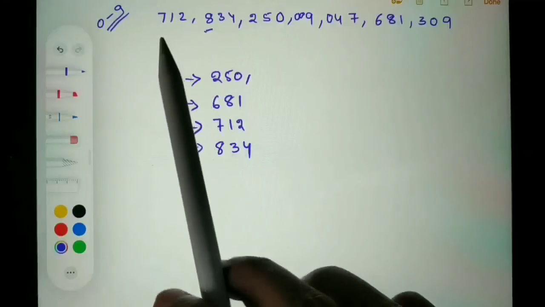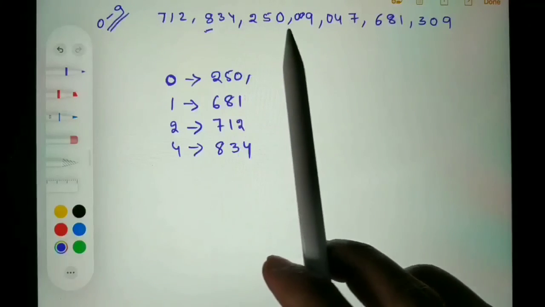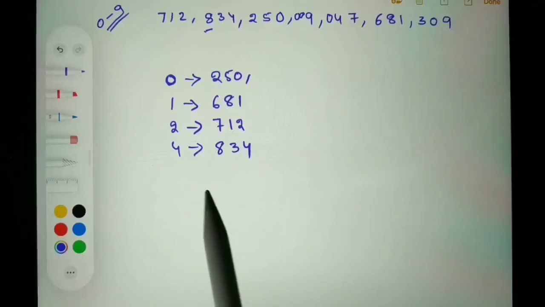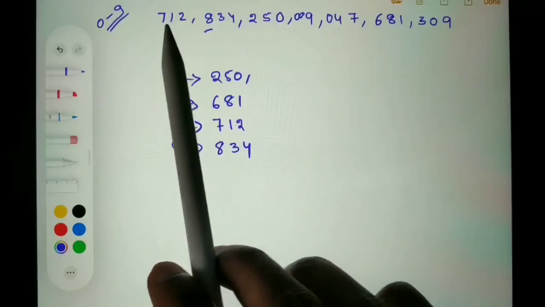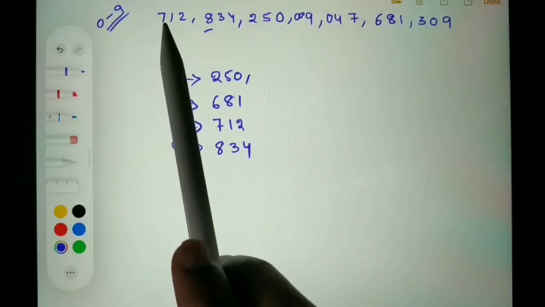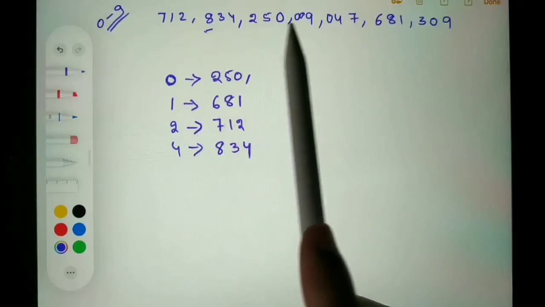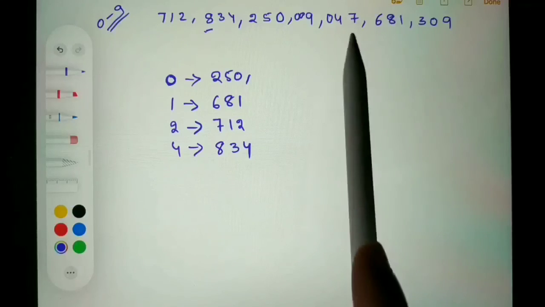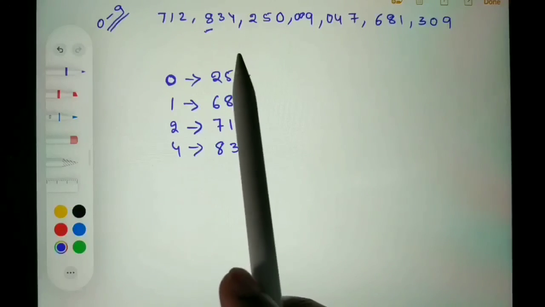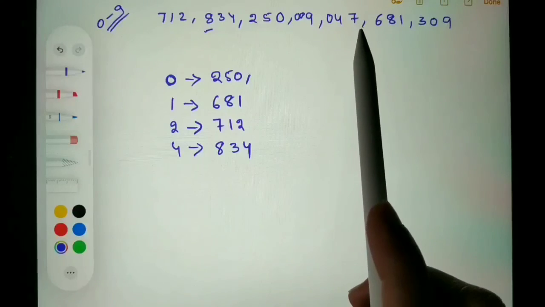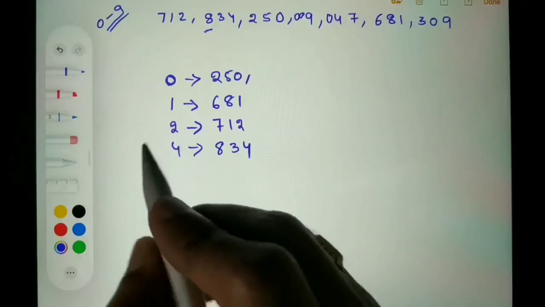Next I will move on to 5. I don't see any element which has 5 as a first digit. I will move on to the next digit, that is 6, and I don't see any element which has 6 as a first digit. Then I will move on to 7, and I can see one element which has 7 as a first digit. Then I will write it here,